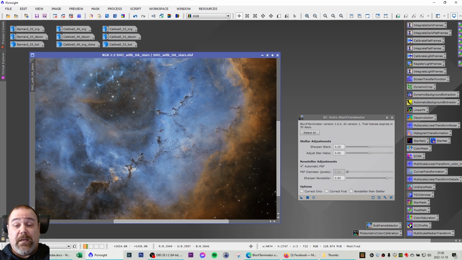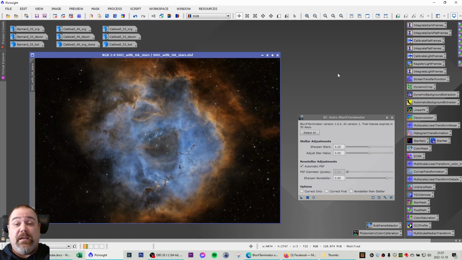Might be too sharp, but then again, I've already sharpened this image with both deconvolution and multiscale linear transformation and unsharp masks. So I've used 3 different processes already. Once again, before and after. This was just a short introduction, and I will have an opportunity to come back to BlurXTerminator later on,